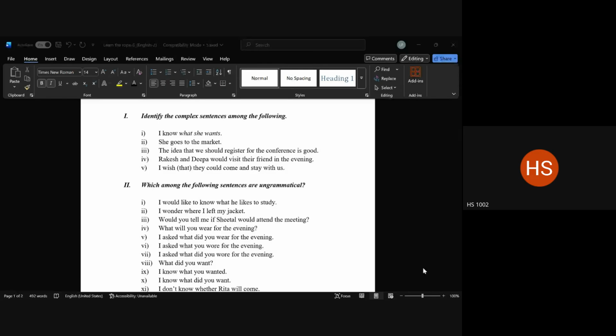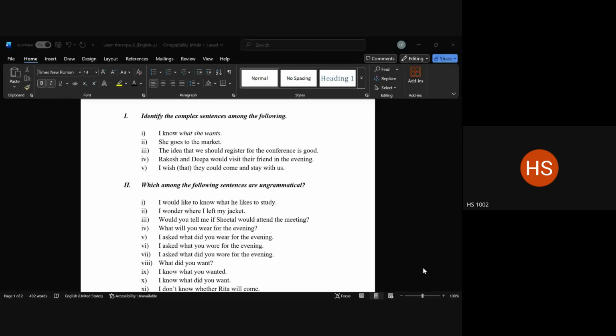We have some names for it, but I do not wish to use too many terminologies. Let us understand. There are sentences in English which could keep this that, which is a subordinating conjunction in this case. It is optional in certain cases. Okay, so whether you say I wish that they could come and stay with us, or whether you say I wish they could come and stay with us,